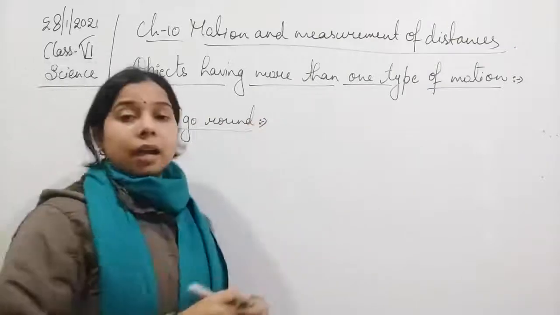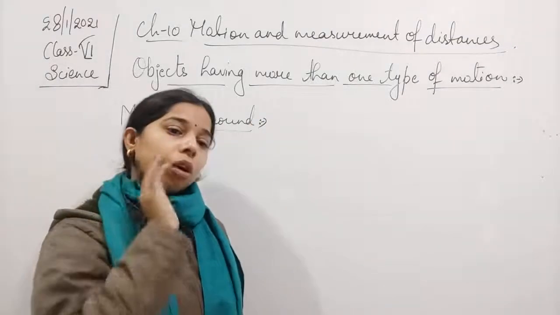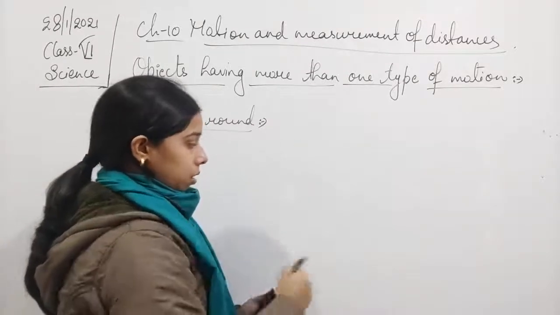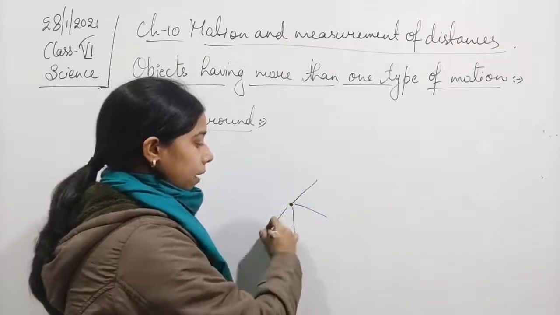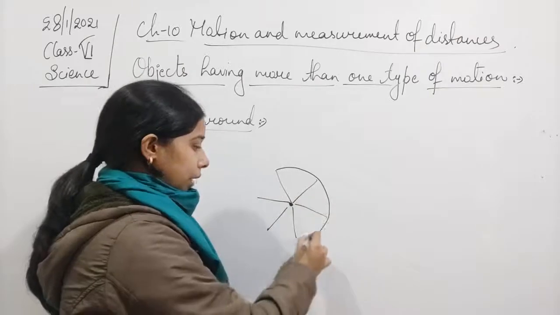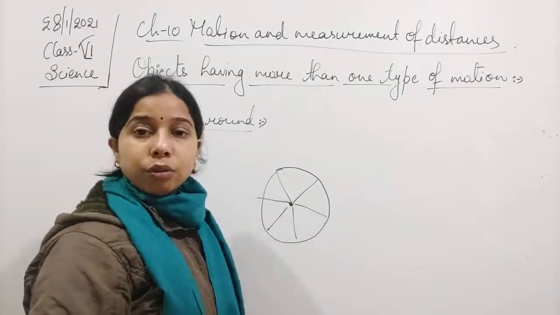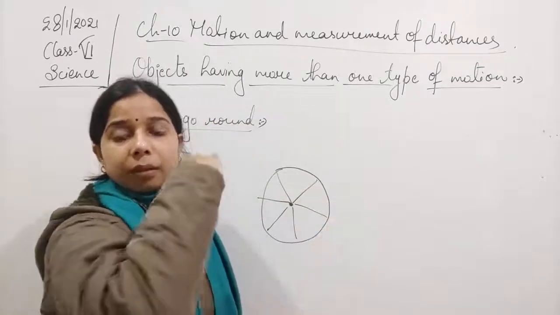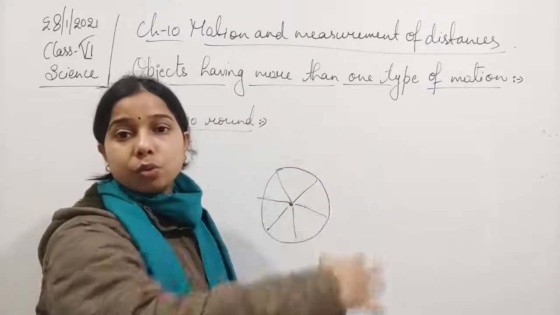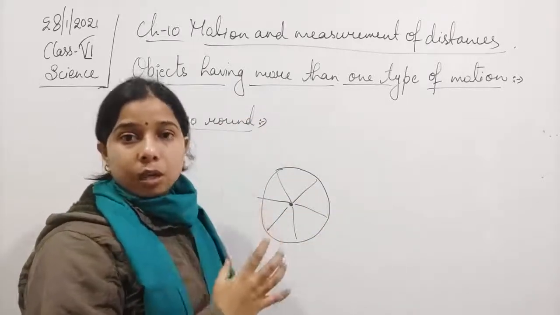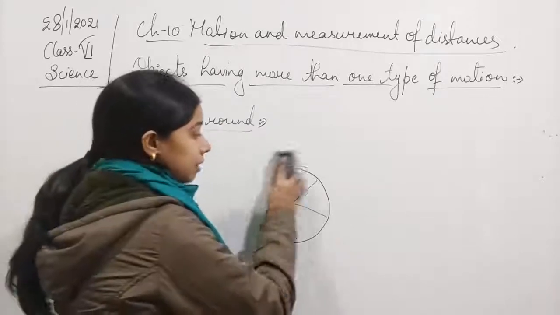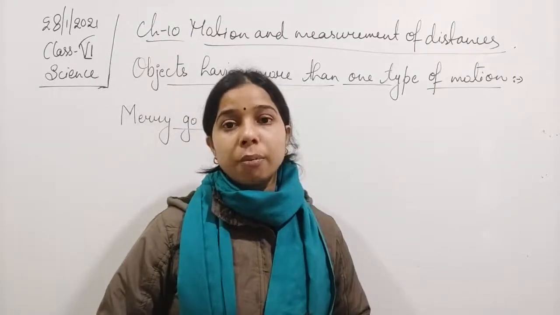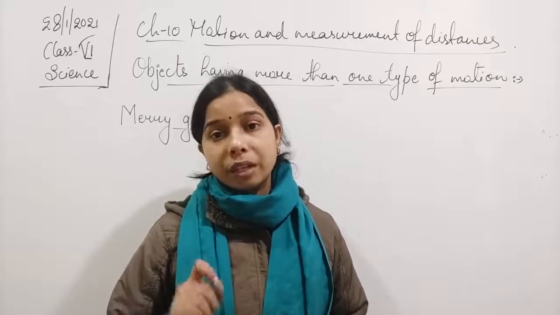So, you see, students, this giant wheel moves on its own axis, because a center is there and it rotates around it. All of this is attached to this center and rotates around it. So, this is an axis which keeps on rotating, due to which the merry-go-round as a whole moves in a circle. Since it is rotating on its own axis, the kind of motion shown by the merry-go-round is rotational motion.